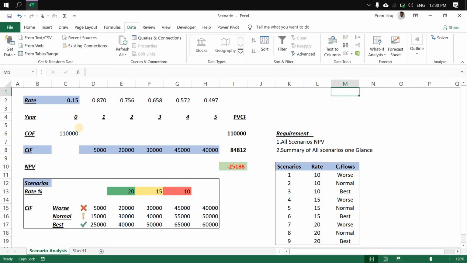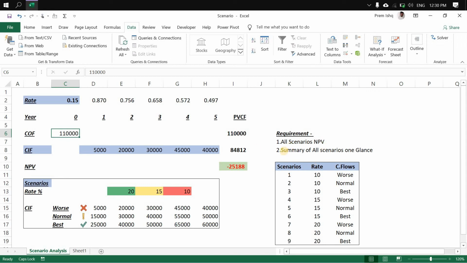And if you see here, there are no formulas attached to any of these cells, absolutely no formulas. Only I used formulas to calculate discounting rates and multiplying the present value of cash flows with respective cash inflow or outflow, respective rates. So that is the only formula I have given. And here without any formulas, my scenario manager is configured to take the inputs based on the scenario I want. So that is the best possible application of the scenario manager.